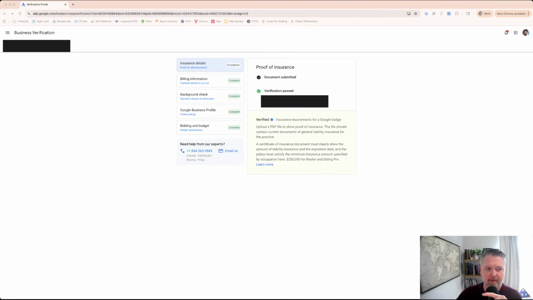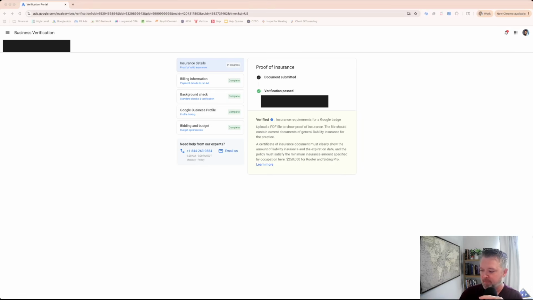Okay, we are here in the LSA dashboard, and this is kind of where it starts, where you get an LSA account set up. Now, I've blocked off everything, but they require proof of insurance. They're going to require any type of licenses and certifications required in your local jurisdiction. They're going to want to see that your insurance is up to date, see that all your licenses are up to date. It's going to differ from state to state.